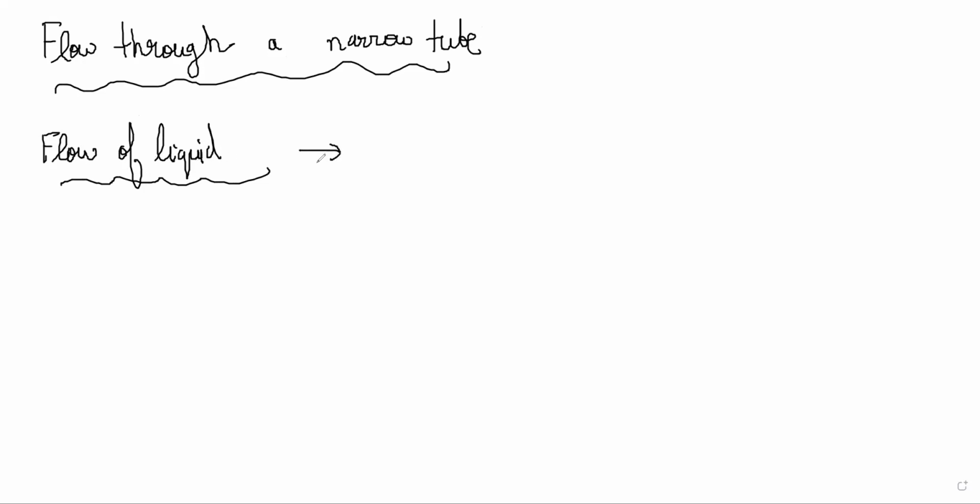If you understand, earlier we had another body moving through a liquid. That was viscosity: the retarding force on a body that moves over a liquid surface. This is actually telling us how fast liquid will flow through a tube. That is totally different. So suppose a fluid flows through a narrow tube in steady flow.